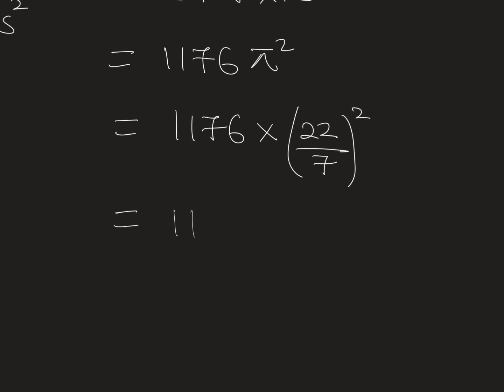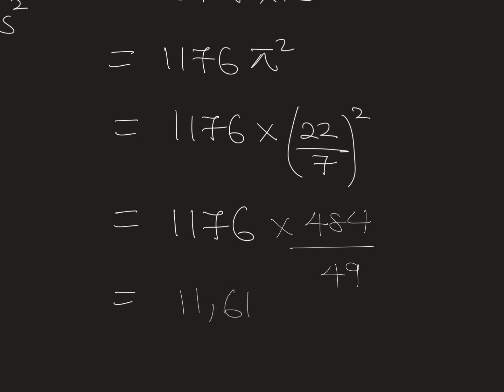So that will be 1176 times 22 squared, which is 484, divided by 7 squared, which is 49. So 1176 times 484 over 49, we will still have 11616